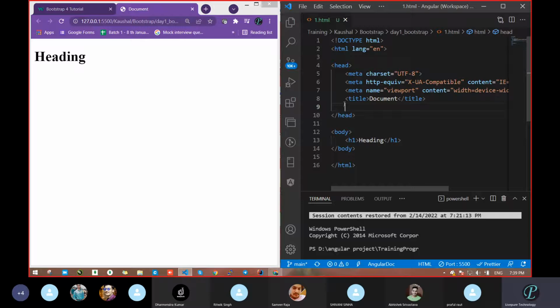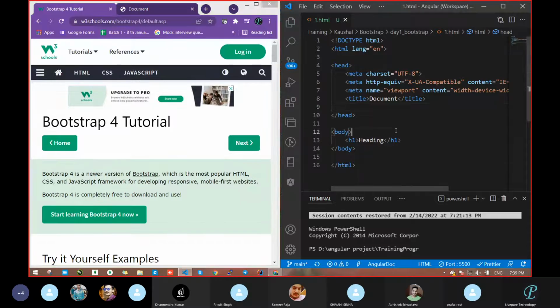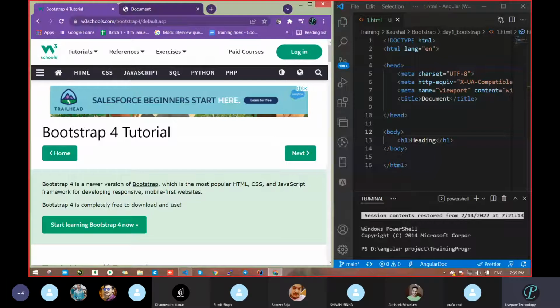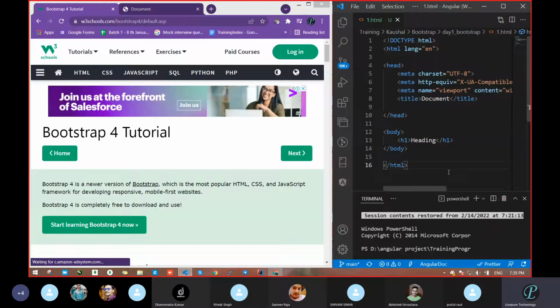Why not with the ID? I had told in the case of CSS itself, why will we not refer to ID? What is the reason? ID is unique, sir. Yeah, ID is unique, and it is mostly kept for identification purposes. That's why we never prefer to go with the ID. We always prefer a class, but we can do the CSS part with the help of ID also. But in the Bootstrap case, I'm not sure you can do that with ID. Mostly we will not.